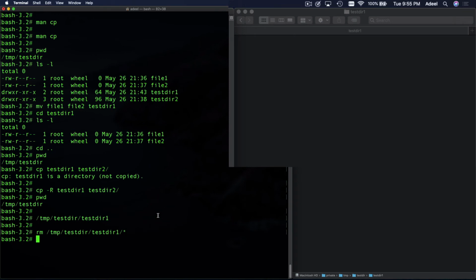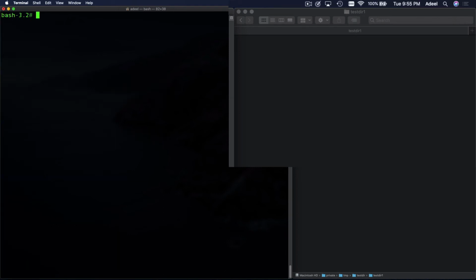And my working directory is still temp tester. Alright, so I'm going to hit clear. And I will go back one folder. Well, before I go back one folder actually, so here everything is cleared out and this folder is completely empty. So what we're going to do is we're going to run ls -l